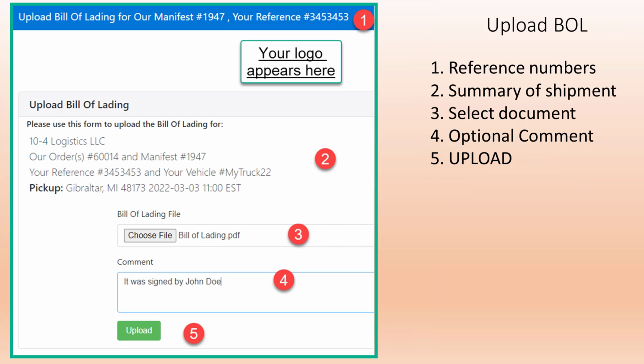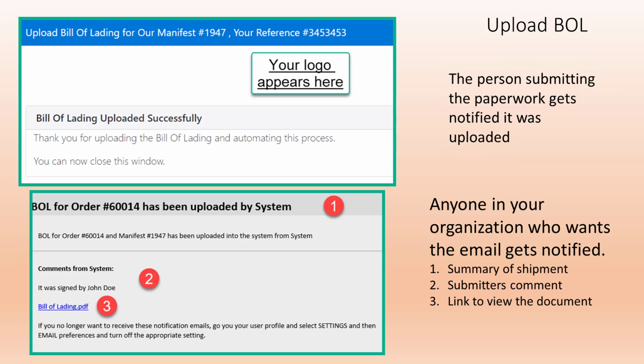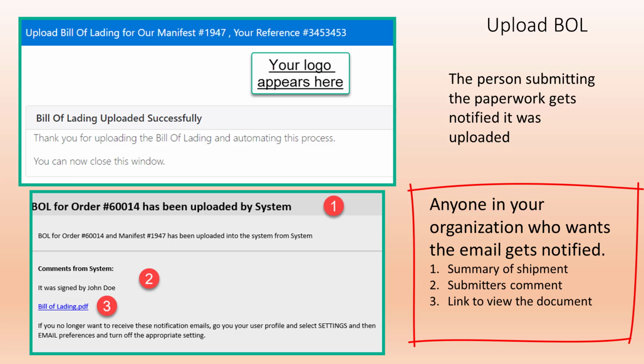request. If they click the Upload Bill of Lading link, it will show them their reference number and a summary of the shipment, and they can select their document, add a comment, and then upload their bill of lading. Very simple. The person submitting the paperwork gets notified the document was uploaded, and anyone in your organization who wants the email gets notified. They'll get a summary of the shipment, the submitter's comments, and a link to view the